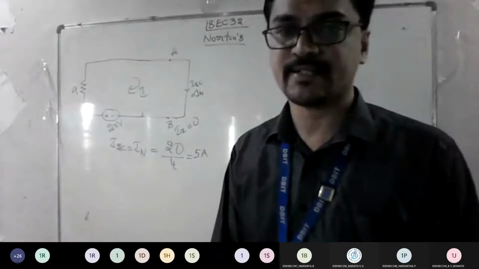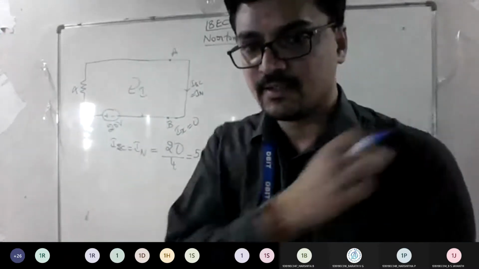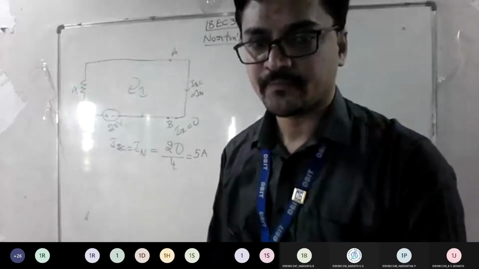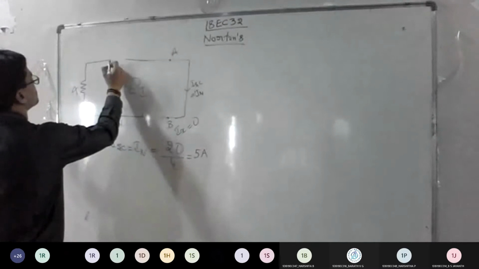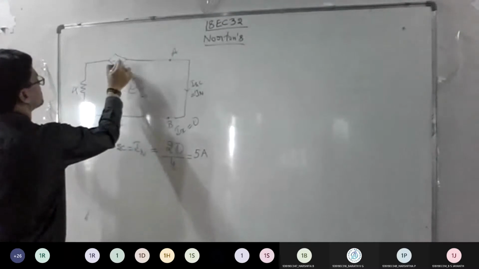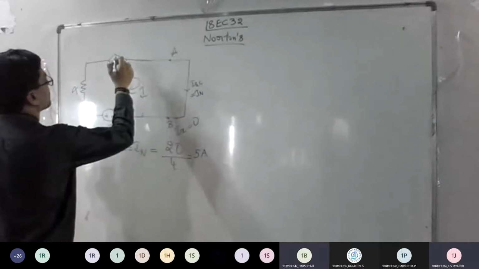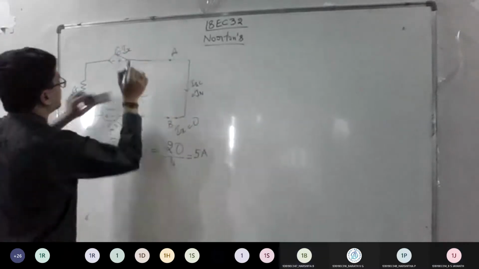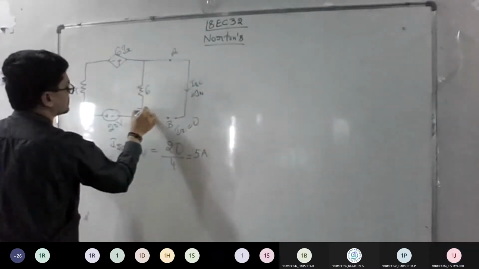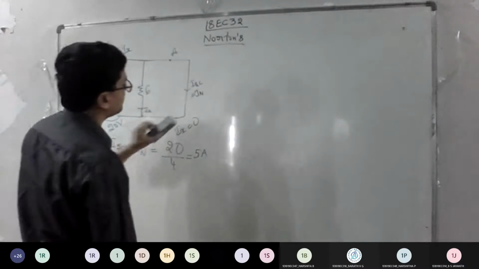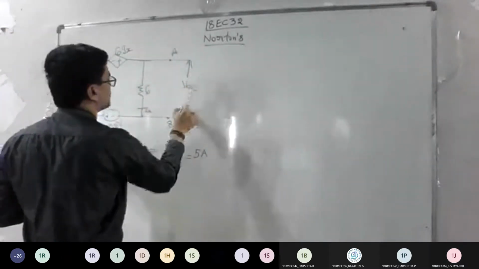Finding Norton current is done. What is the next step? You need to find R equivalent. So for that you need to find what here? VOC. So to find VOC, consider back the circuit, how it was. So it was minus plus. What was the value given? 6 Ix. Then consider back your resistor, 6, and Ix is towards downward as given in the question. And the load should be replaced with VOC.